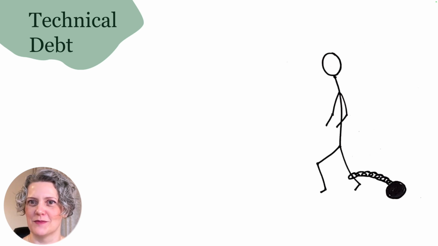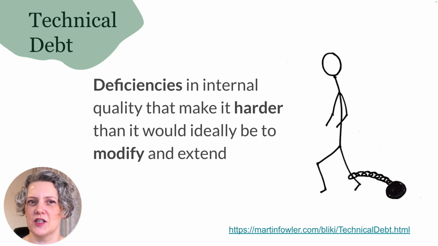And I'm sure you've heard this metaphor. It's describing this slowdown that you get in feature development. It's a bit like paying back interest on a loan. Martin Fowler talks about cruft as the stuff in the code that causes that. He says it's deficiencies in the internal quality that make it harder than it would ideally be to modify and extend the system. So these are design problems that slow you down, like this lead weight this guy's pulling around